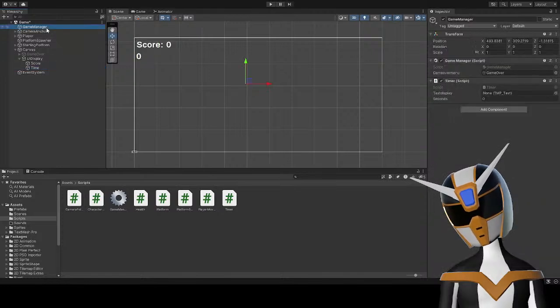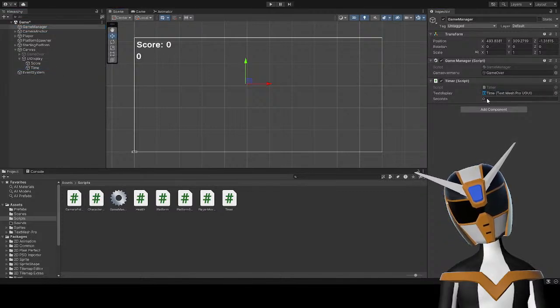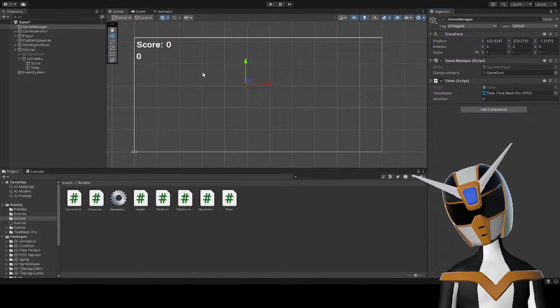Anyway, I can reference this now, and then that should be good. As far as I know.